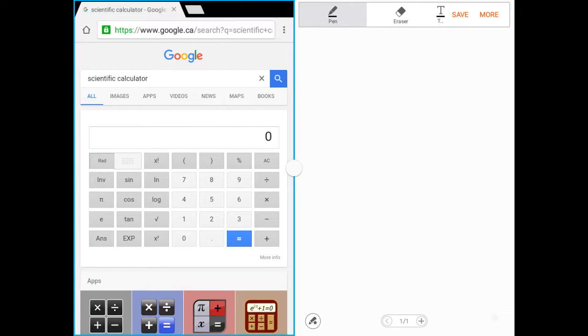Alright everybody, I wanted to show you how to use a scientific calculator via the Chrome web browser, because I assume that you are using a Chromebook to look at this material. So I went into Google, I typed in scientific calculator, and this is what pops up. I believe that if we use this calculator, at least we'll all be on a consistent playing field, and the procedures that I use,